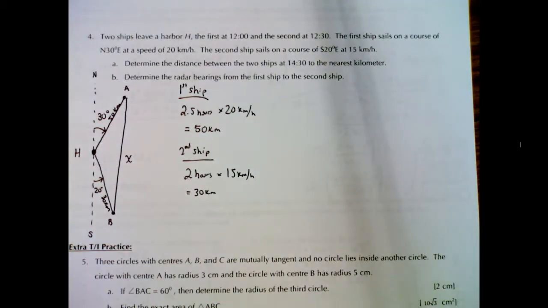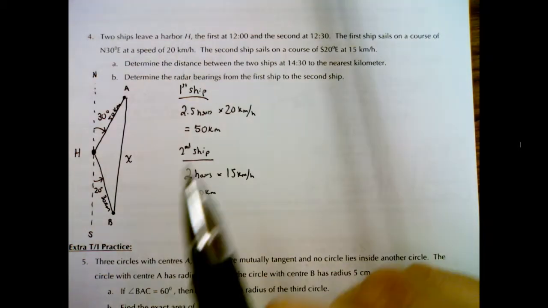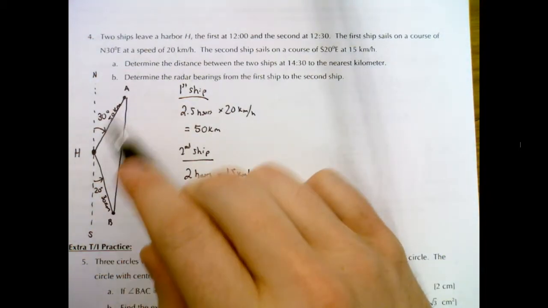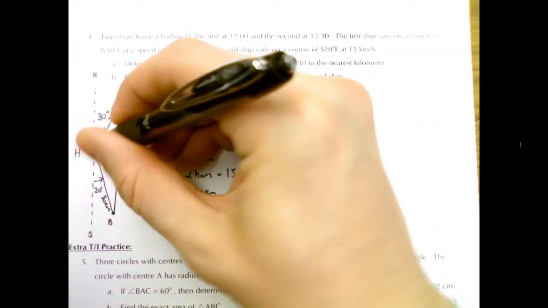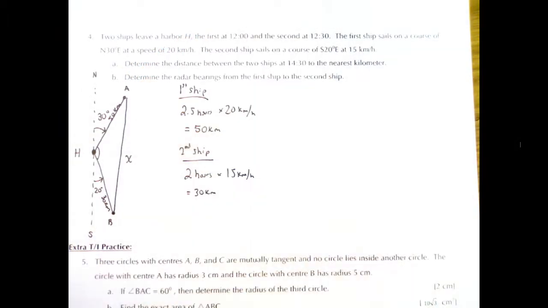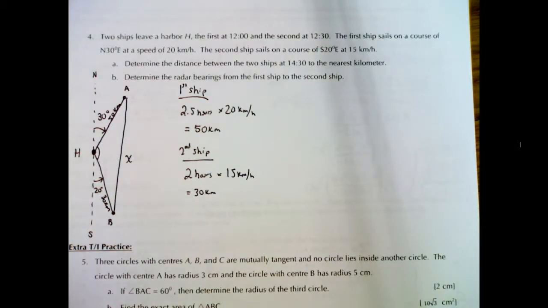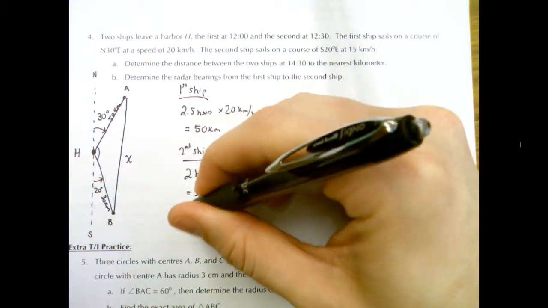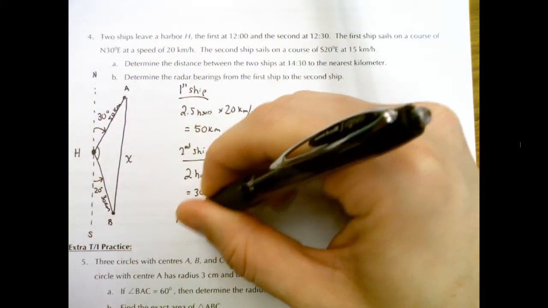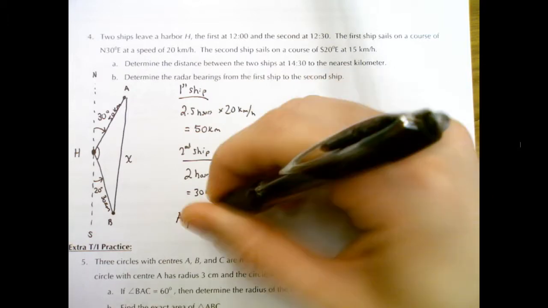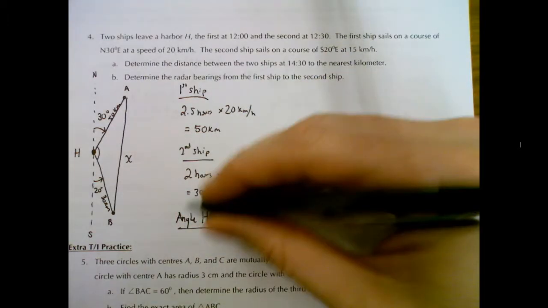So, to find that distance, we could use the Pythagorean theorem. Not the Pythagorean theorem, the cosine law. Because we know two sides, and we can find the angle that's contained by them. How can we find the angle that's contained by them? Well, let's call it angle H. We can find angle H because we know